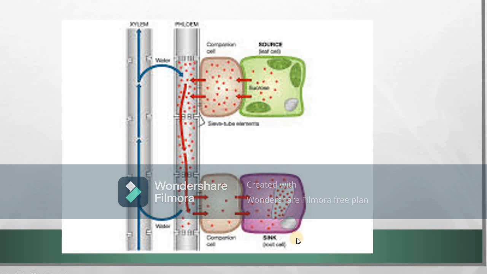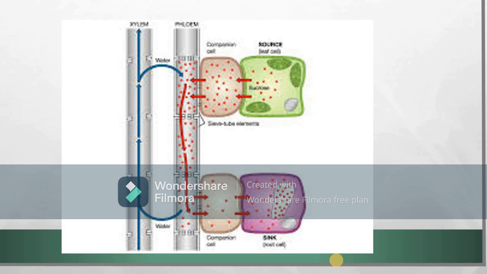Here also the sources and the sink are present. Here is the sink. What are the sources and the sink? Sources include the exporting organs, typically a mature leaf or a storage organ, while sinks are those areas of active metabolism or storage, for example the roots, tubers, developing fruits and leaves, and growing regions. A storage organ is capable of storing food and exporting the materials. In this way, food is stored inside the source and then transported to the sink, and both parts are important for the plants.